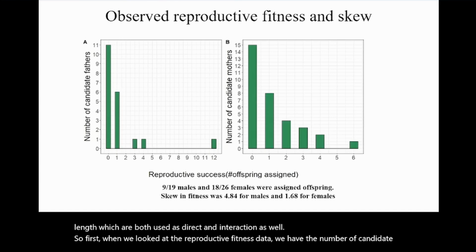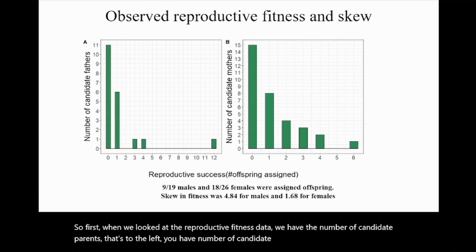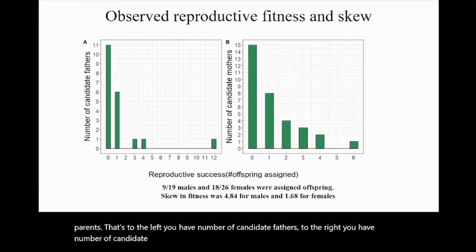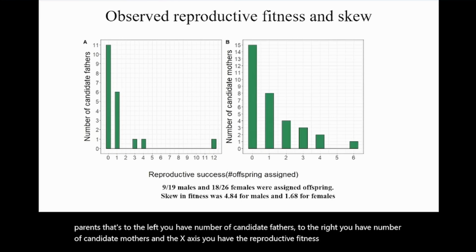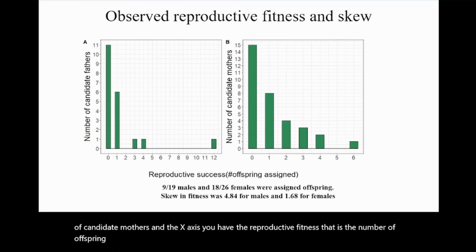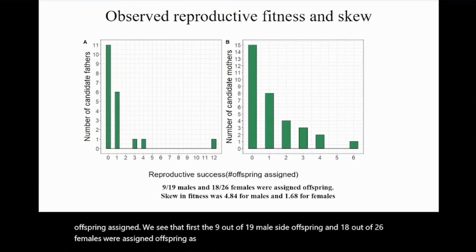To the left, you have the number of candidate fathers. To the right, you have the number of candidate mothers. And on the x-axis, you have the reproductive fitness, that is the number of offspring assigned. We see that 9 out of 19 males sired offspring, and 18 out of 26 females were assigned offspring as well. Clearly, from the graph, you can see that the variation in fitness is quite a lot for